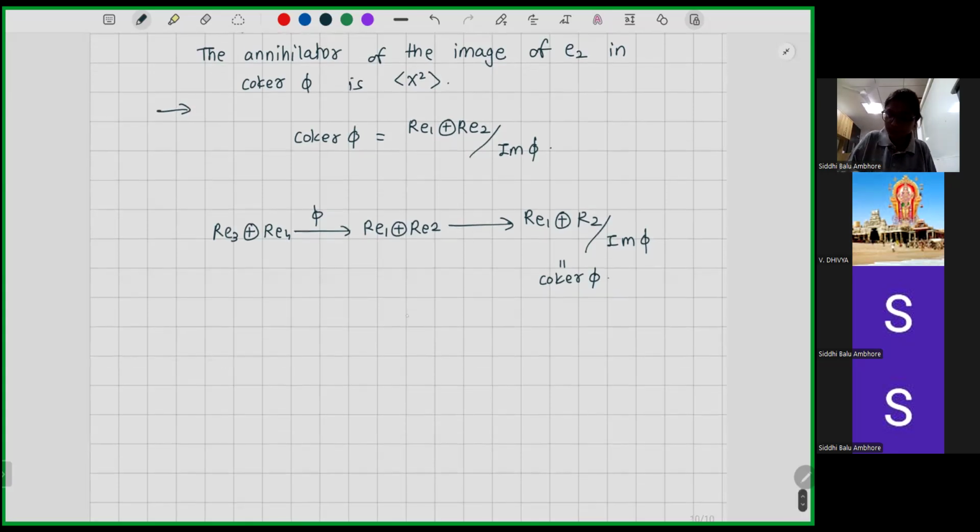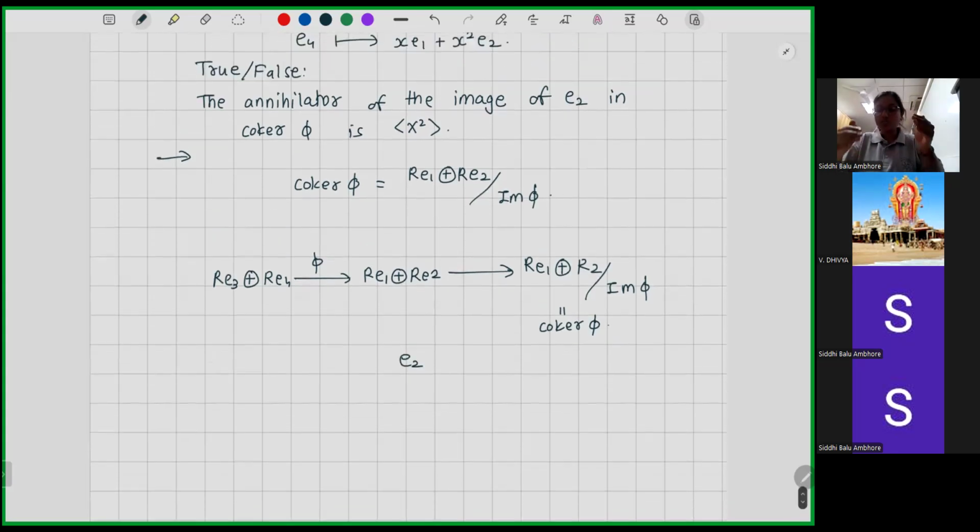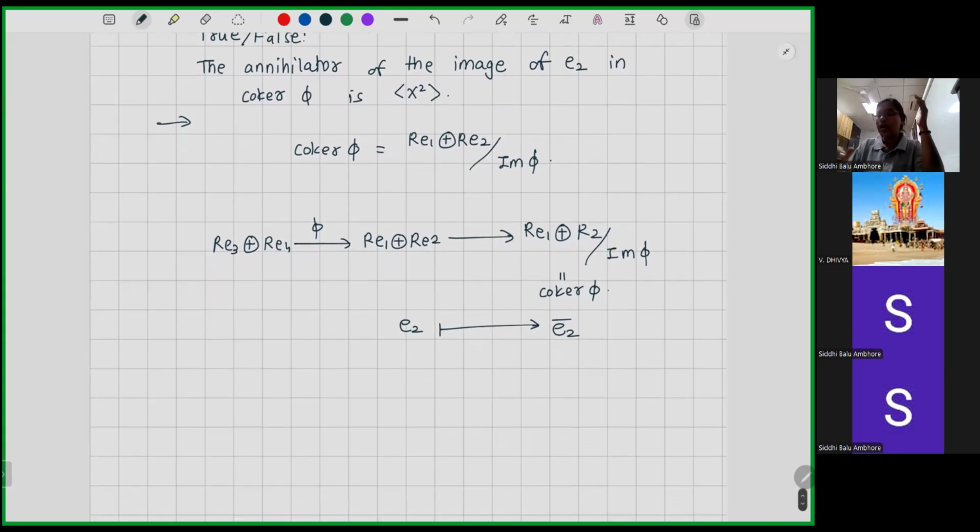So we have to check e2 in the co-kernel, meaning e2 goes to e2 bar under the co-kernel map. Now I want to find the annihilator of this e2 bar in the co-kernel. These are all R-module maps. So when I say this, what exactly I mean is I want to find all